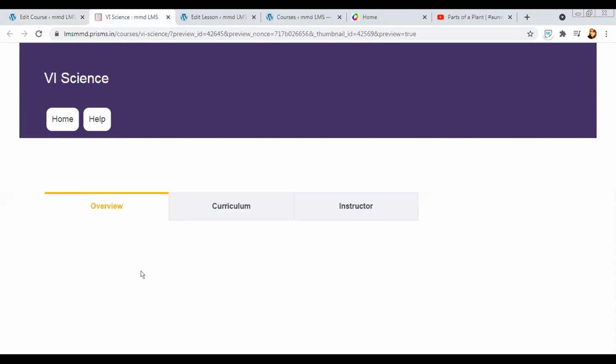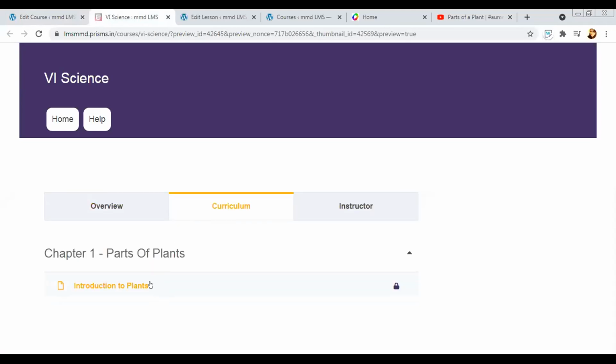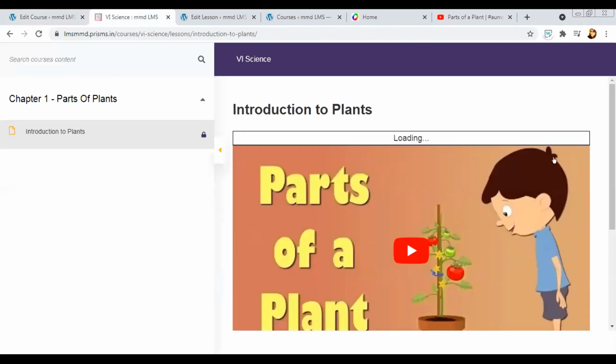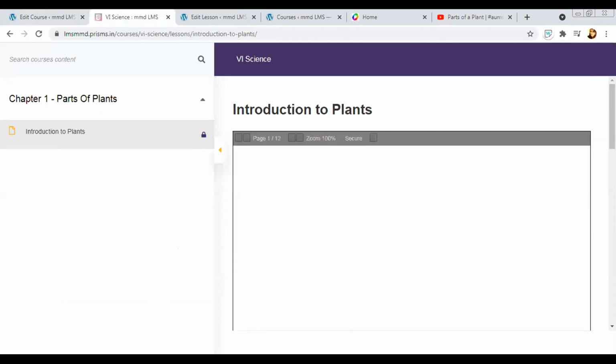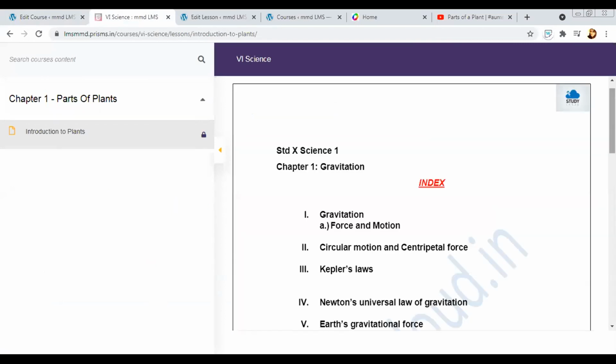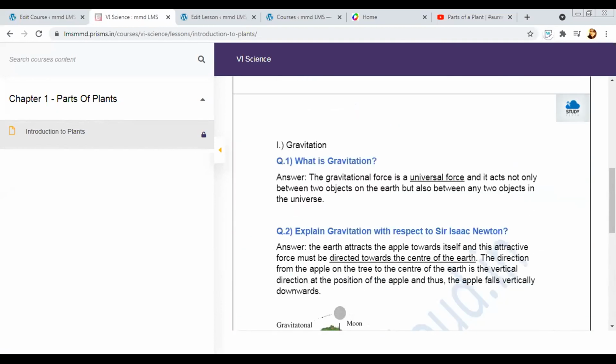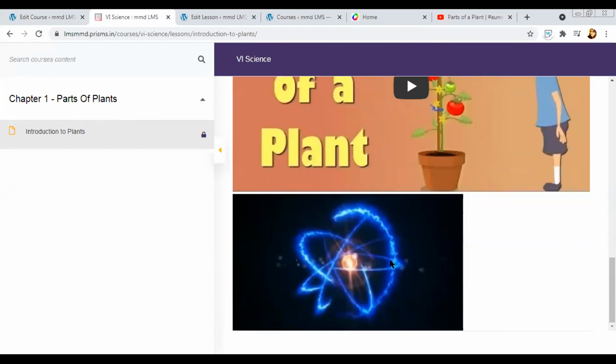Now over here first, I need to get enrolled into it. I can just go to curriculum in preview and I can check what I have uploaded. So as a teacher, I can reconfirm that I have uploaded everything correctly. And yeah, now the image size is bigger because I've dragged and maximized it.